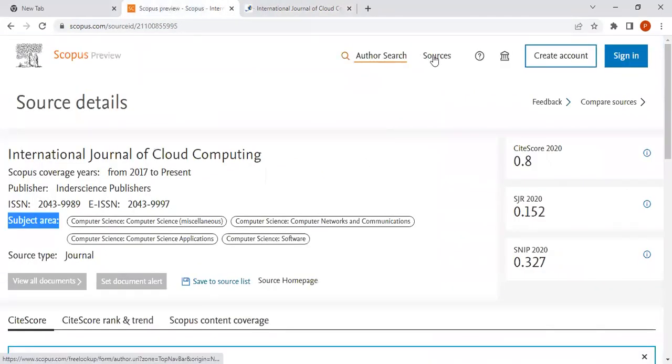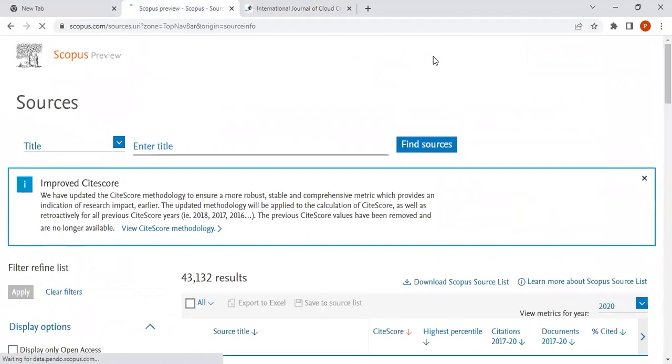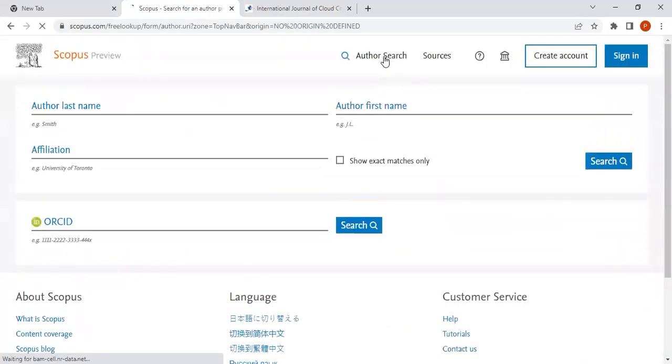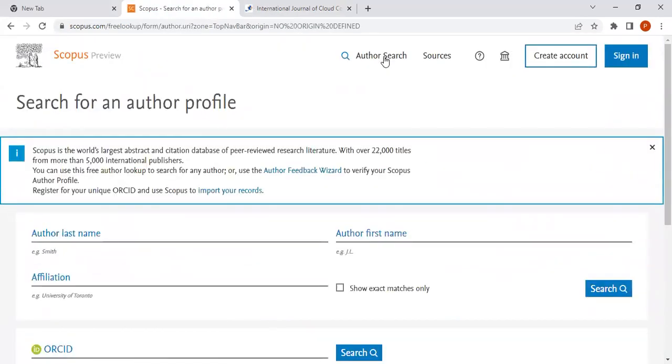Now, this is what we have seen for searching for a journal. Now, if someone has published some data and you are looking for it, how do you find it? So dear students, for that you can go to the author search